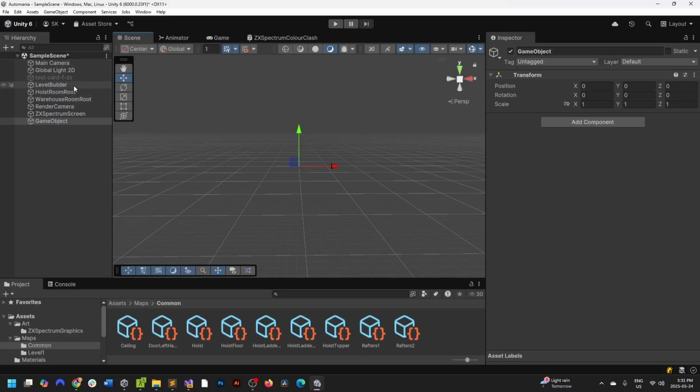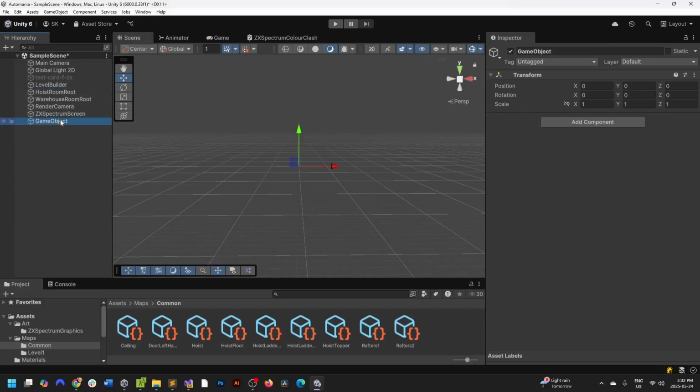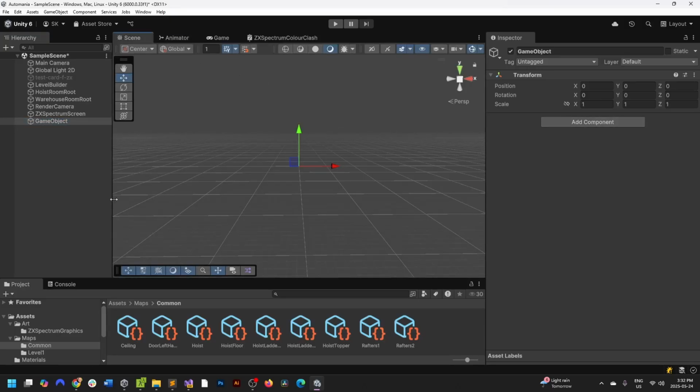Where's the level built as 0, 0, 0? Game object is 0, 0, 0. Is that right? That seems right. Okay. Let's add,